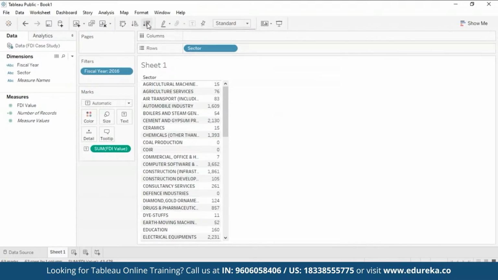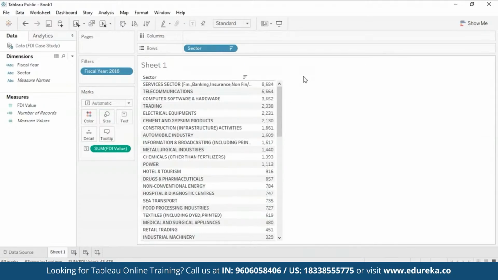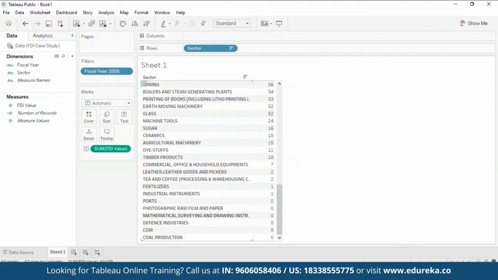And then if I go up and click on either of these sort buttons, for example, the sort button for descending order, you can see that my entire sheet has been arranged in descending order. And now I can see that the 5 sectors which get the most investments include the services sector, telecommunications, computer software and hardware, trading, and electrical equipment. And at the bottom, we have photographic raw film and paper, mathematical surveying and drawing instruments, defense industries, coal and